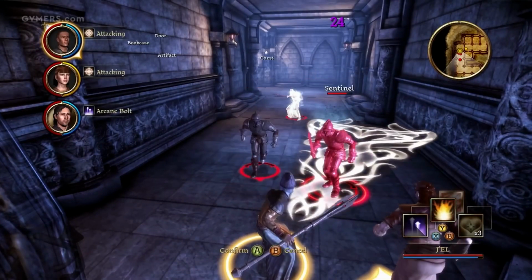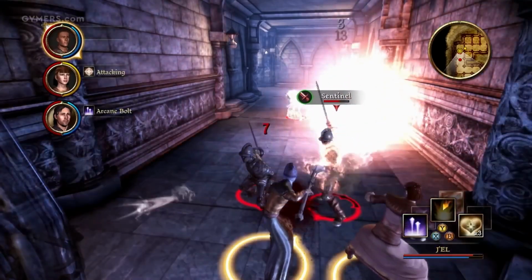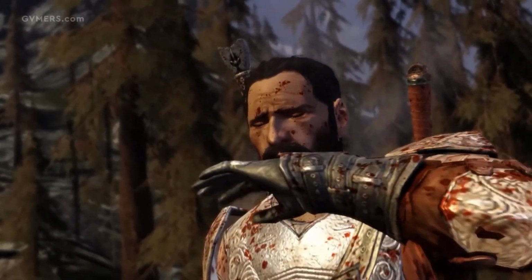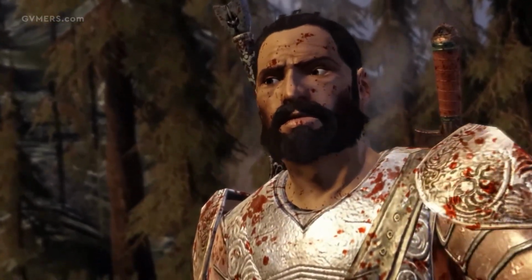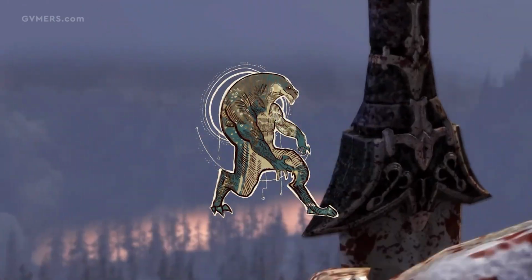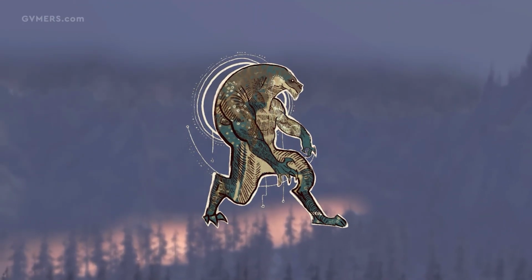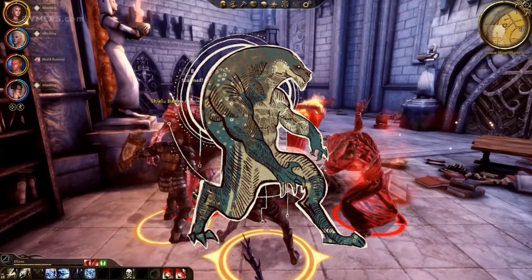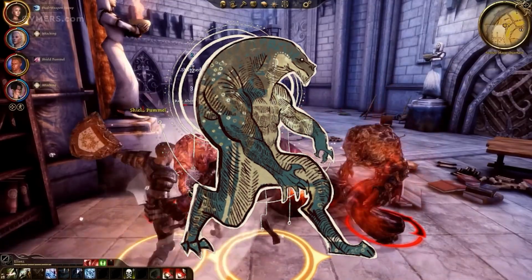And potentially one of the least well-known and also the most interesting of all of these races is the highly mysterious and controversial group of lizardmen called the Scaled Ones. Said to have waged war with the dwarves sometime after the founding of the Tevinter Imperium in -1200 Ancient, the Scaled Ones have never been seen since, and this has led most scholars across Thedas to write them off as